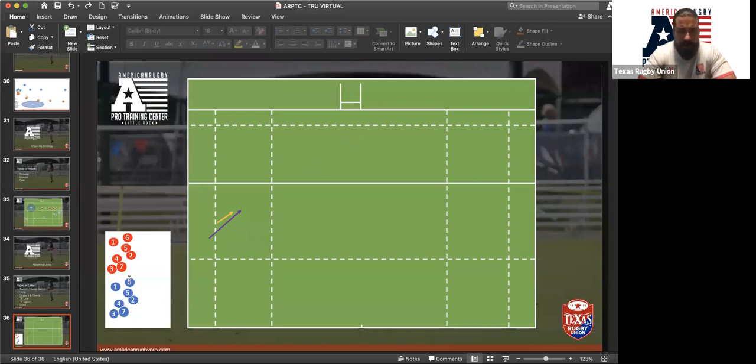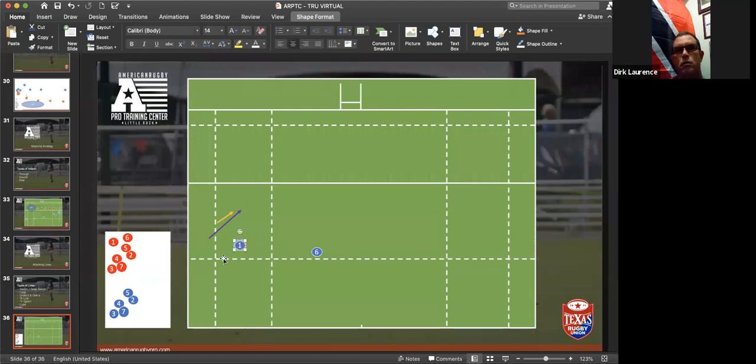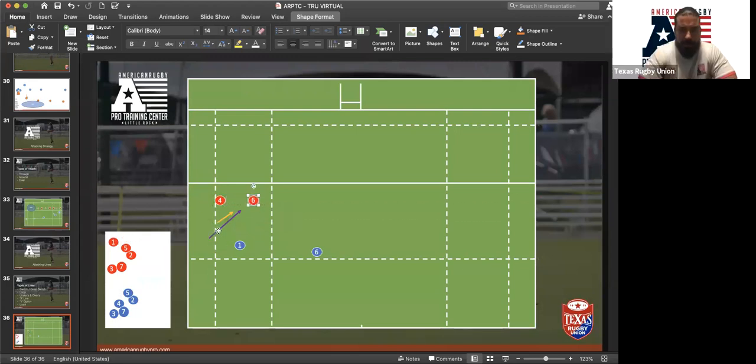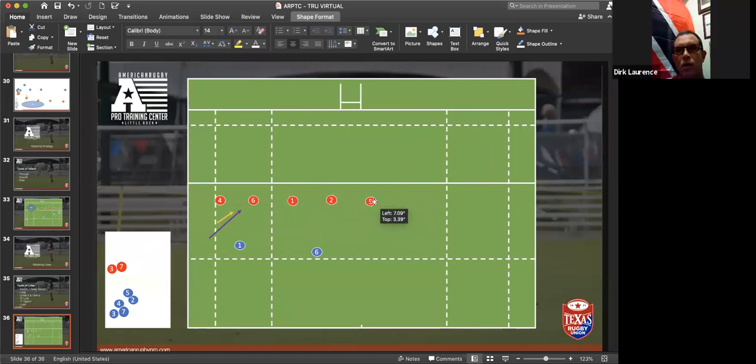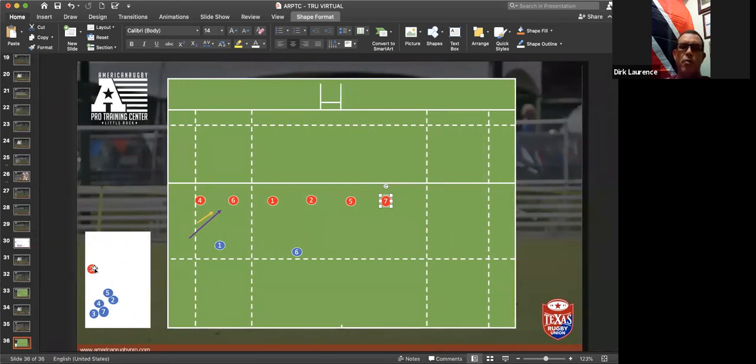And so if we can just talk about a switch to begin with, what do we know a switch to be? A switch is basically a drastic change in direction between the two players. Yeah. So what would be a deep switch? I would say it's something that's before you reach the line.